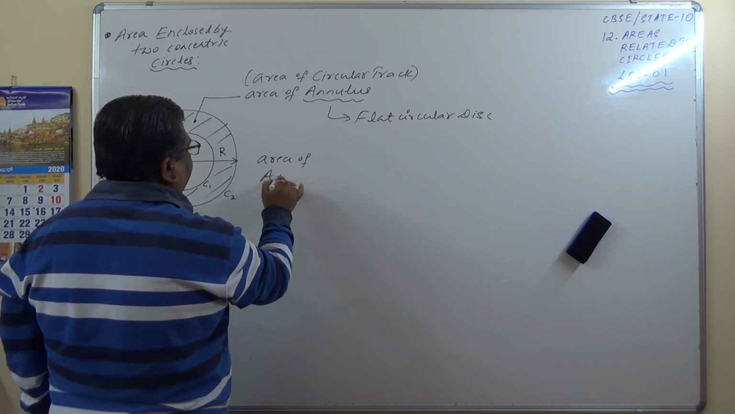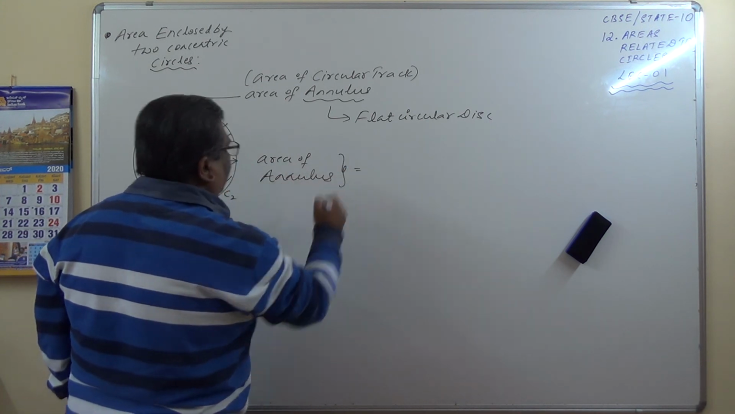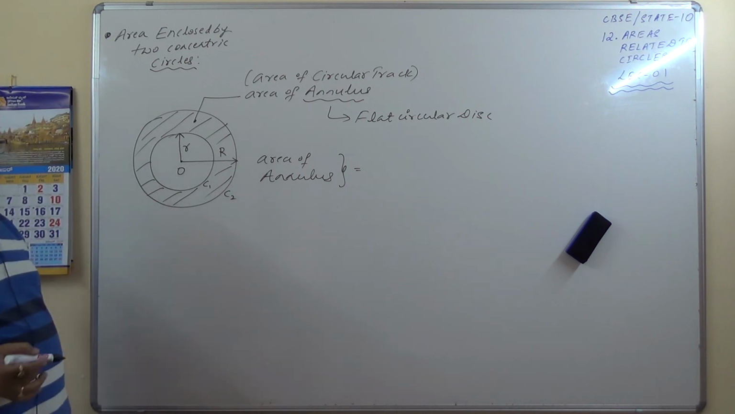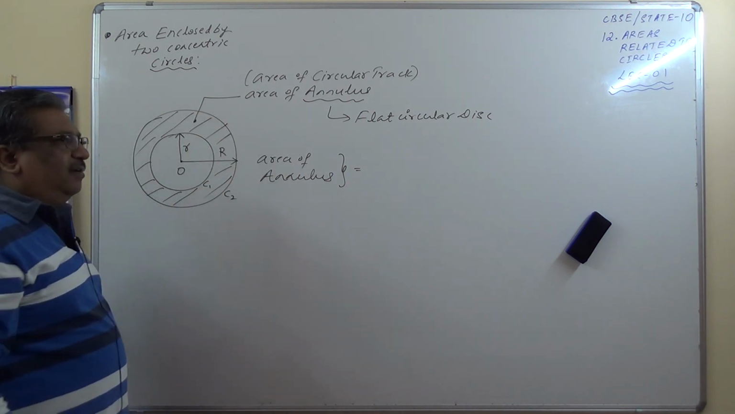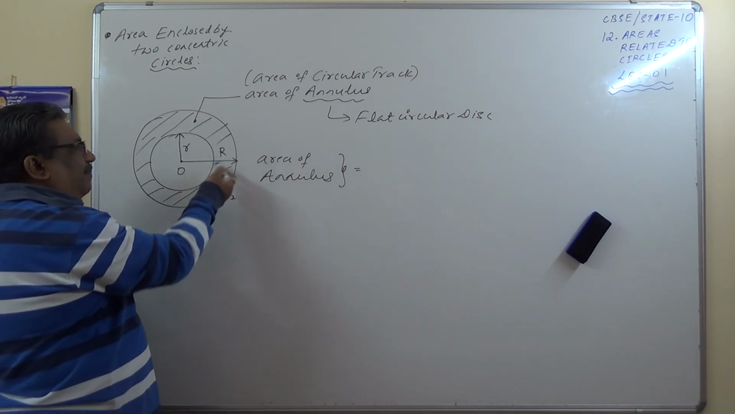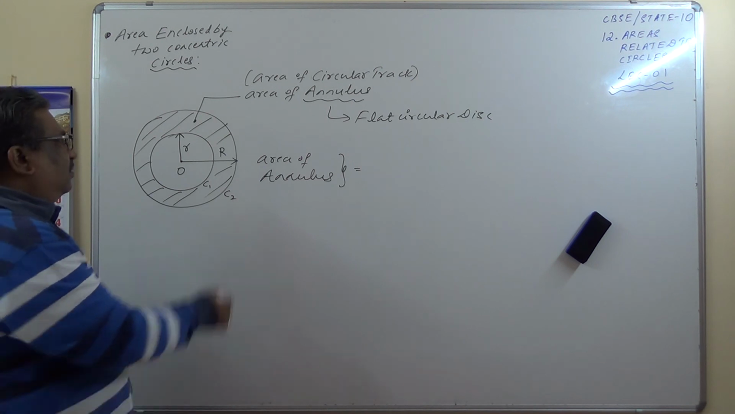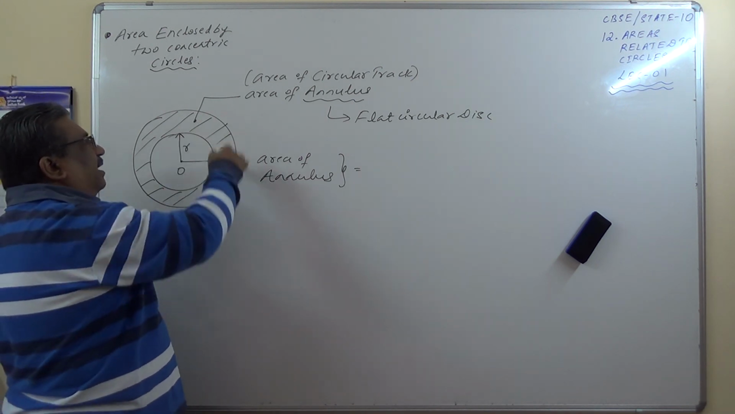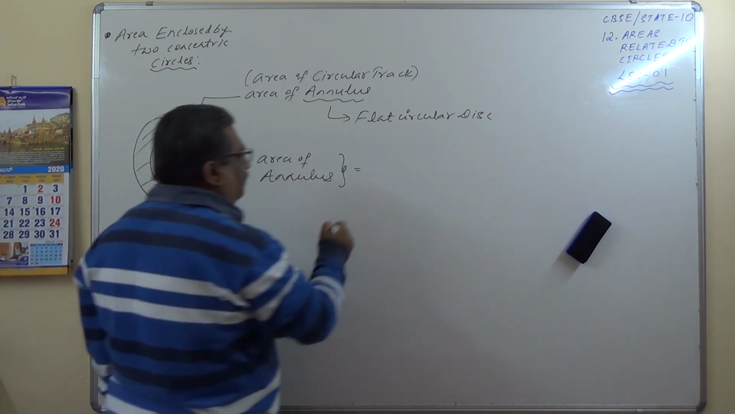area of annulus, okay, is equal to, that means area enclosed by these 2 circles is equal to area of the outer circle minus area of the inner circle. What is the area of the outer circle? Pi into capital R square. Area of the inner circle, pi into small r square. So the difference of that will give you the area enclosed by the 2 circles, which is also called the area of the annulus, is equal to